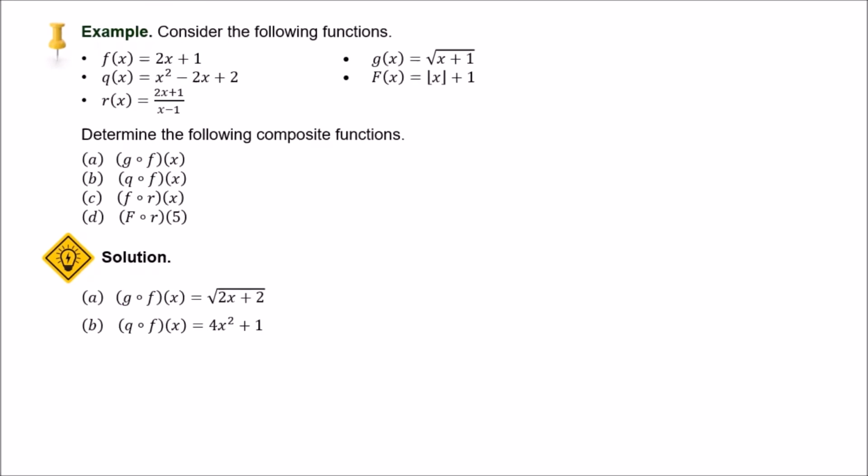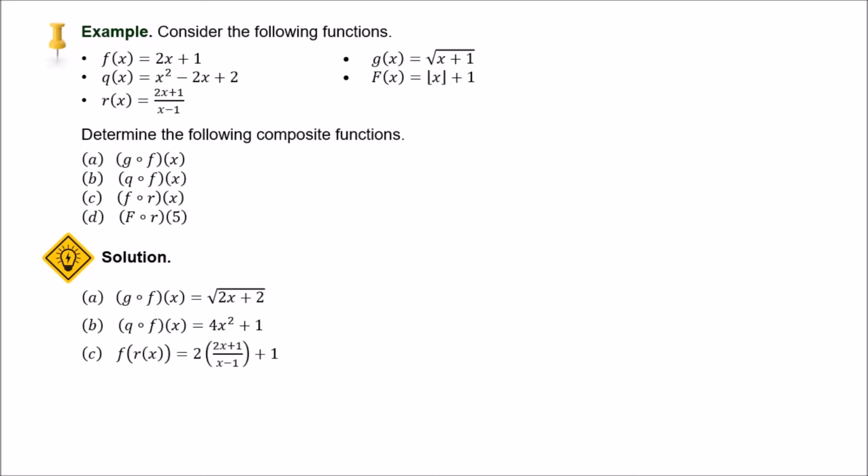Next is letter C, f of r of x. Again, we write down the first function, f of x. Then we replace all x in f of x for the expression for r of x, which is the expression 2x plus 1 all over x minus 1,